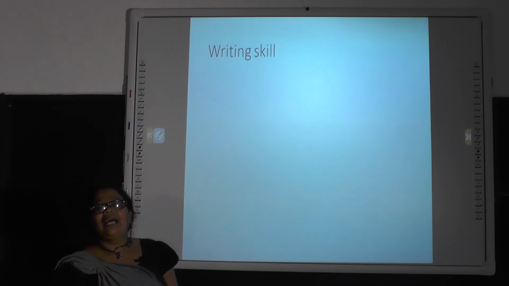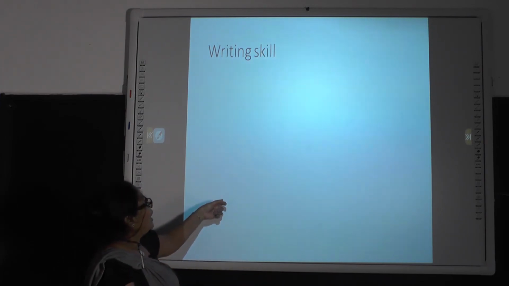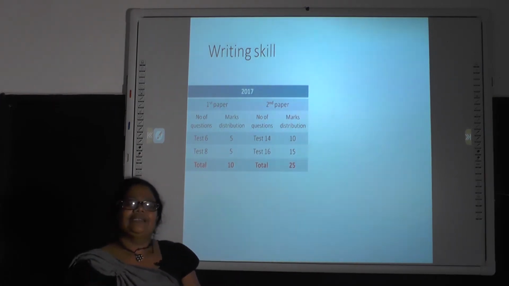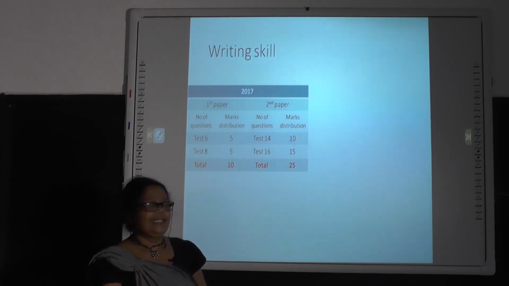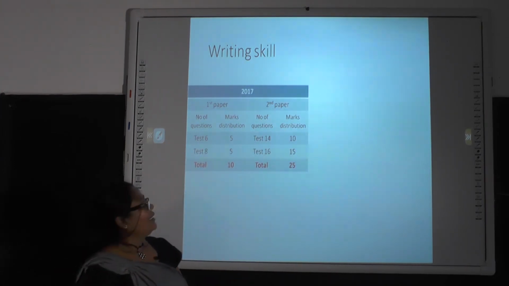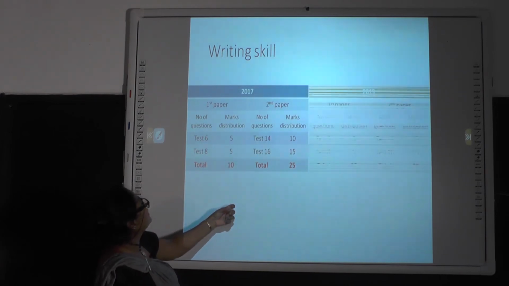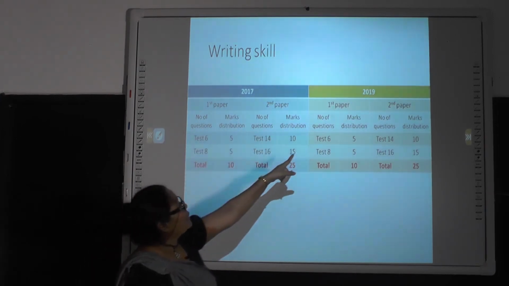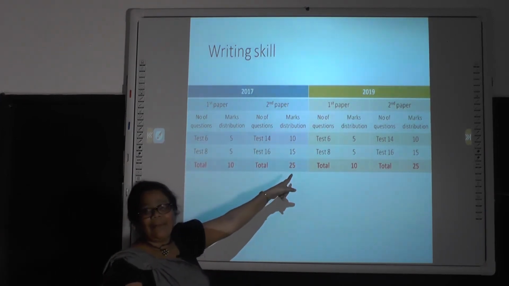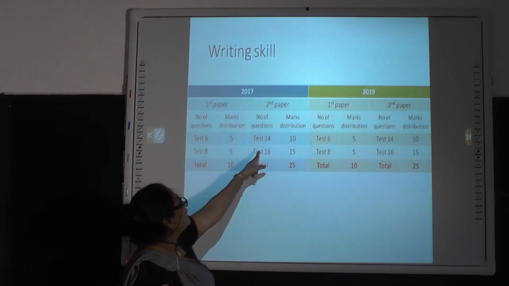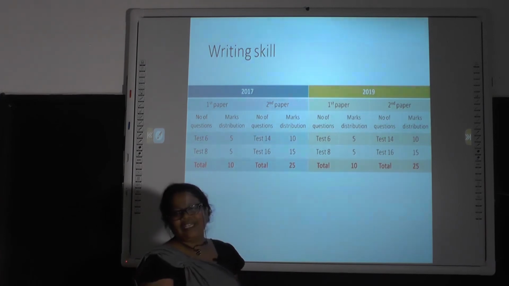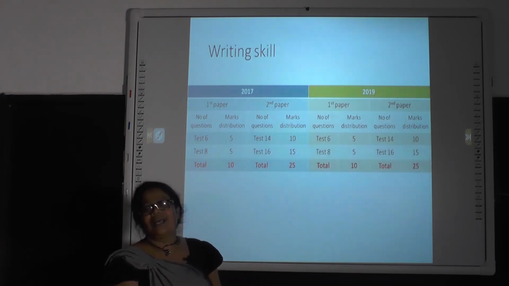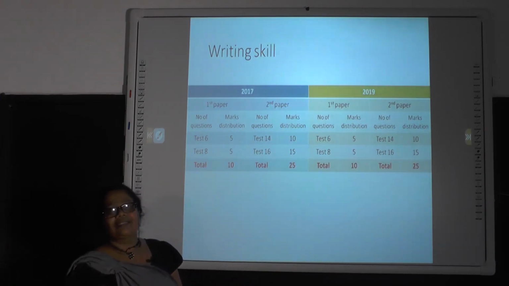And the last skill, that is writing. You know, under writing I told you that in both papers there are 4 questions. Once again, question number 6, 8, 14 and 16. Right, look at 2017. Now there is some magic here, right? Look at this, right? 2017, text 6 and text 8. And the first paper 2019, same test number appeared, right? And even the second paper 14 and 16, once again 14 and 16. Remember, all together for this 35 marks are allocated, 35 marks, right?